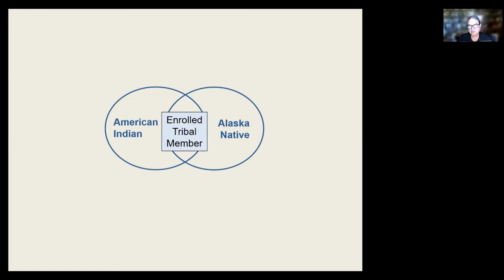So as a result, we're eligible for things like Medicare as US citizens and eligible for things like Medicaid as state residents, but we're also eligible for the Indian Health Service health programs as tribal citizens. So an enrolled tribal member is a subset of the self-identified American Indians and Alaska Natives in the US Census database. So I hope that makes sense. The US Census, it's self-identified American Indian and Alaska Native, but to be an enrolled tribal member is actually a political designation, and each tribe has their own criteria for tribal enrollment.